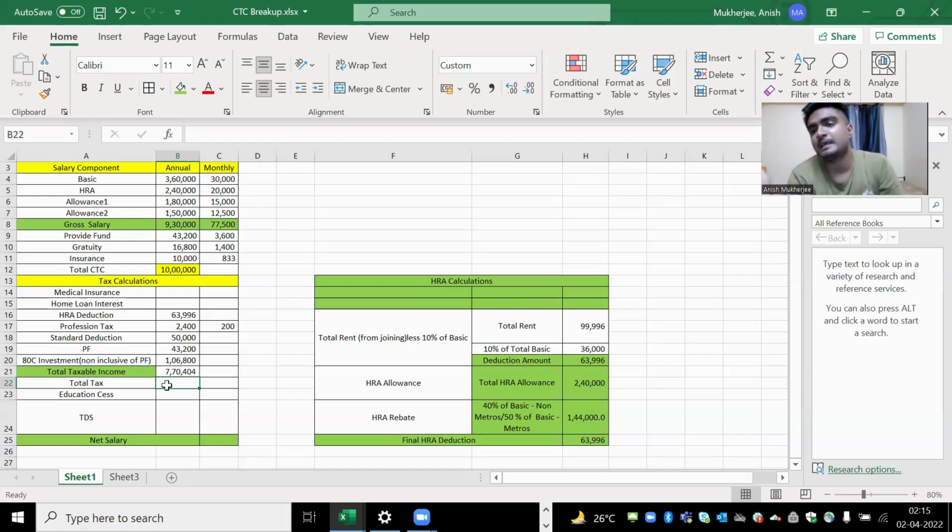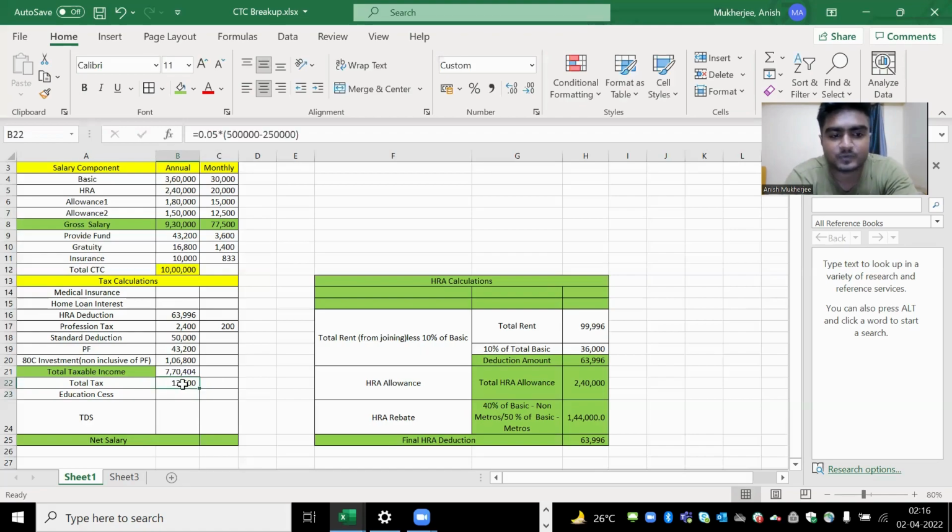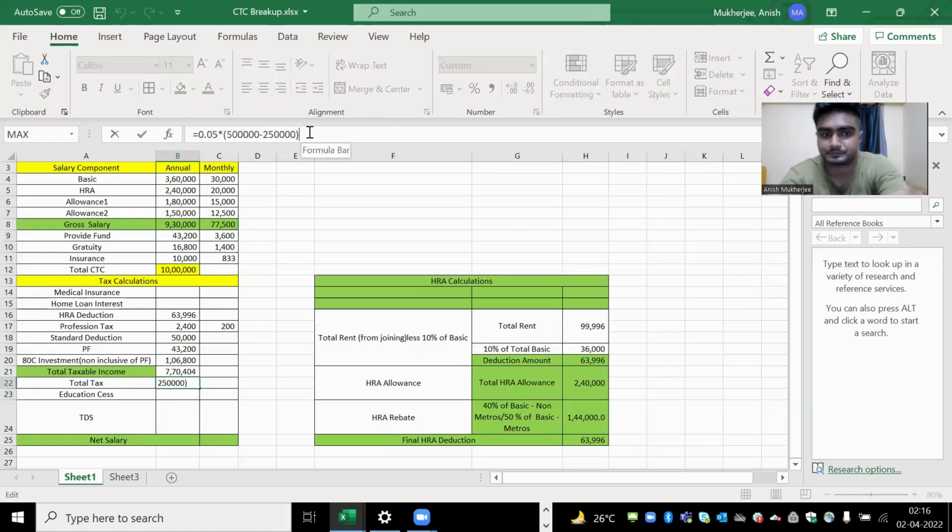So basically from 2.5 lakhs to 5 lakhs, if your income is greater than 5 lakhs, then the difference of 2.5 lakhs that we are getting is taxed at 5%. So how much is it coming? 5% of 2.5 lakhs. So we'll just do 0.05 into 5 lakhs minus 2.5 lakhs. So this is 12,500 rupees, plus